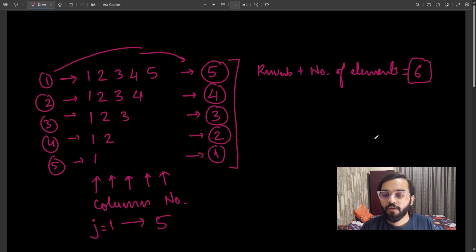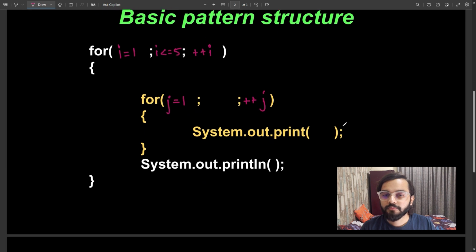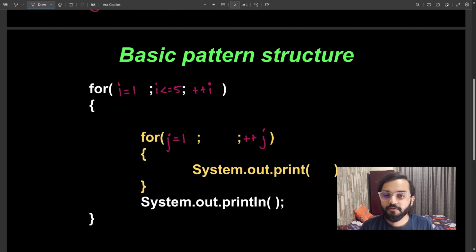Now how to get the values in decreasing format? We already discussed above that the row number and the number of elements that we have to take, the addition is equal to 6. So what I will take here is j less than or equal to 6 minus i.